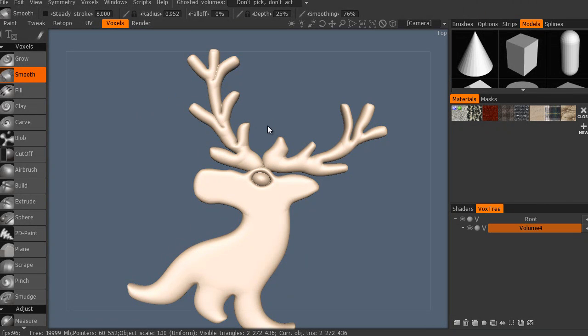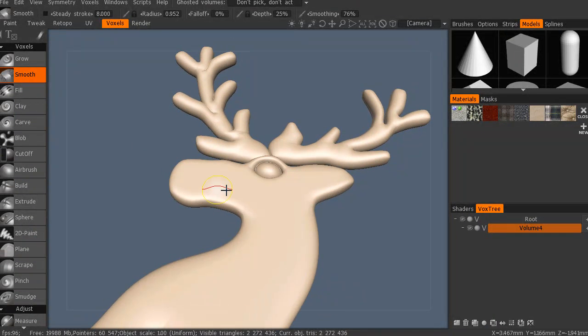So with 3DCoat, if you're on your object with a mouse, I'm on the smooth brush at the moment, if you're on the model and you right click and drag, sideways will increase the size of the brush, up and down will increase the strength of the brush. Alright. So I'm just taking a smooth brush and kind of blending in this detail here so that the antlers are